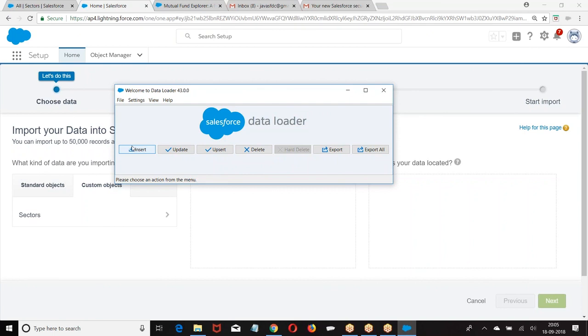Now next, is the data loader atomic or non-atomic? Atomic means if any one of the records fails, the entire operation will fail. Non-atomic means if any one of the records fails, only that record will fail, the rest of the operation will continue. So is the data loader atomic or non-atomic? It is non-atomic. That means if any one of the records fails, only that record will fail, the rest of the